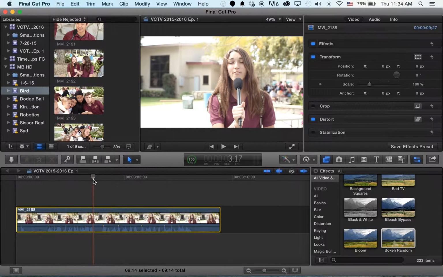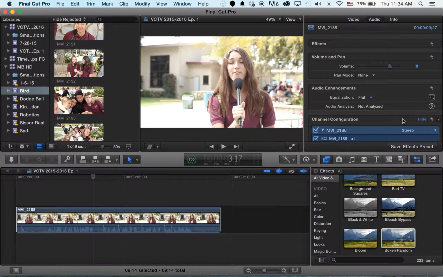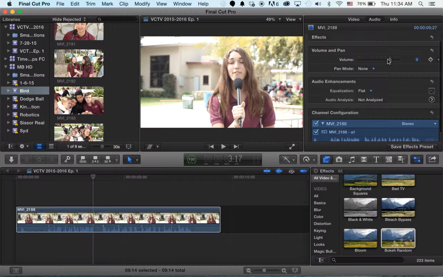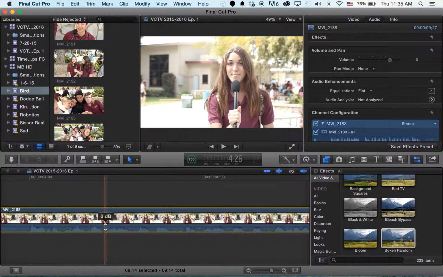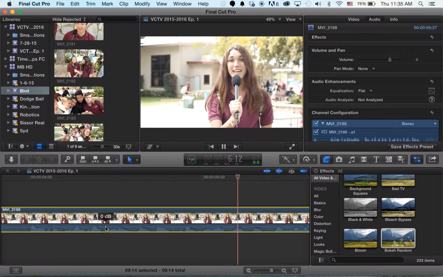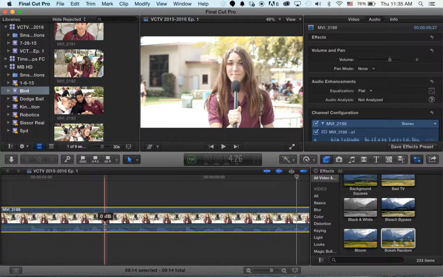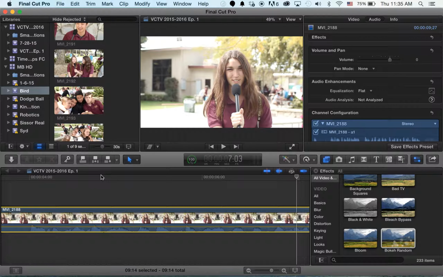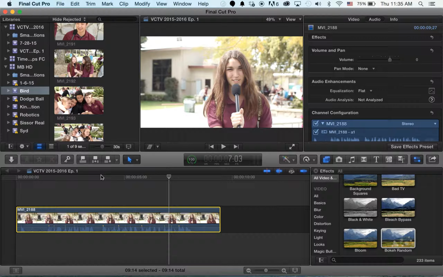But let's jump into audio. So audio is just your clip. It's running the audio through here, so you can simply take the audio out of your clip or increase the audio in your clip. Another way to do that is as you look down on the timeline here, see these little waveforms? So this is your actual audio. So if we listen to the clip, what a gifted anchor. If you were to take the clip and then you see how the little arrows show up right there, you can just drag that audio down, and now there will be no audio in the clip. Little quick easy way to do that,